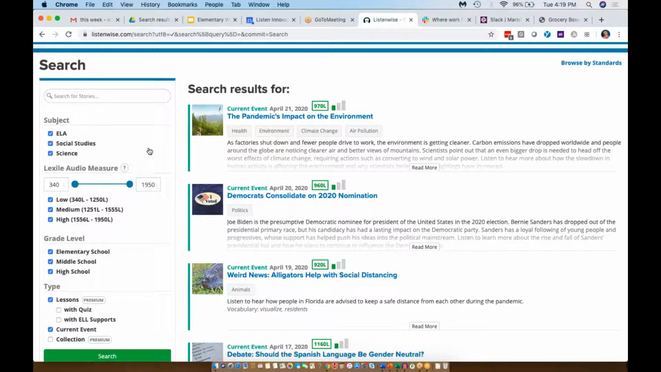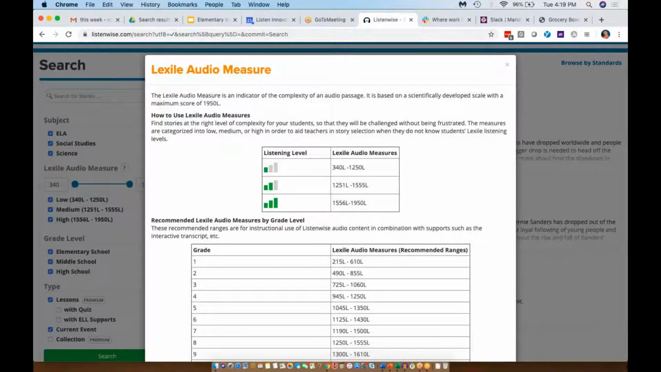So a couple things I'm going to point out here. You can search by subject. This is very new. It's from Lexile, which you're probably all familiar with, the Lexile text level. Lexile Audio Measure is a brand new measure. It's a third-party validated tool that tells what level the audio is to listen to. So if you click on that question mark here, it goes into a lot more detail that you can review about how this tool, which was a scientifically developed scale, was developed on the same scale as the text measurement,